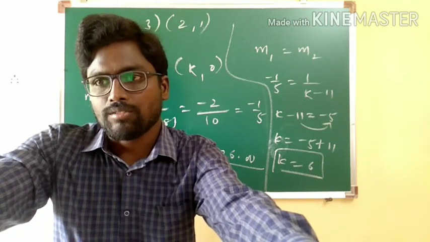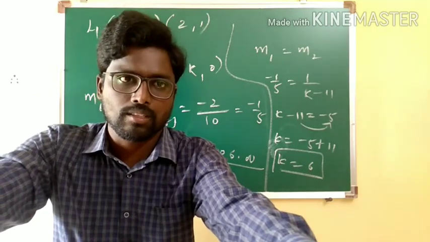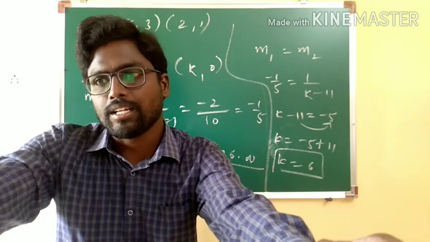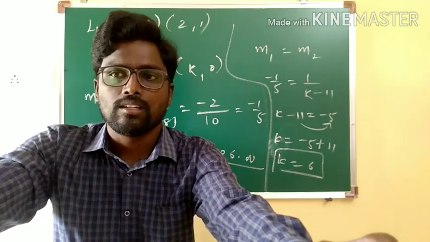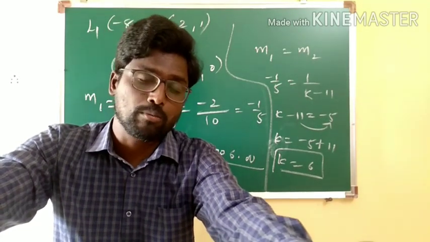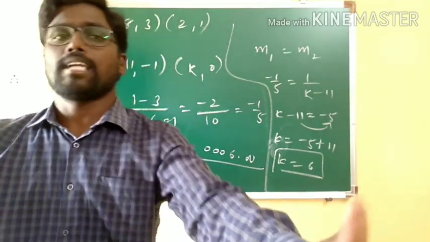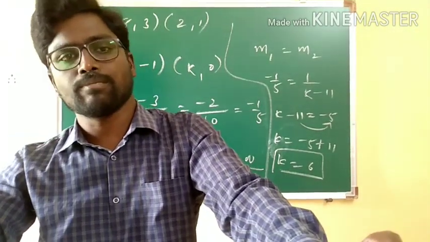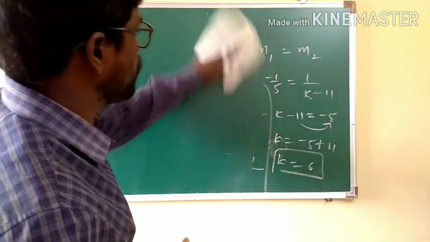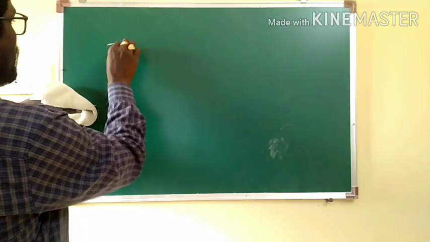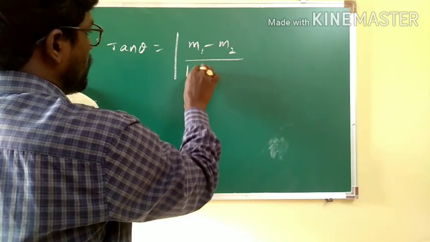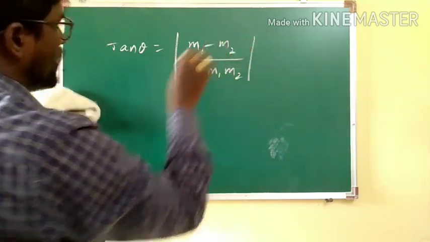Next here we have: if the angle between two lines is 45 degrees. Anyway, nobody asked these questions, but I am just guiding you. If the angle between two lines is 45 degrees and the slope of one line is 2, then the product of possible slopes of the other line. I said even this kind of problem also. What will you do? You will take tan theta is equal to mod m1 minus m2 by 1 plus m1 m2. Tan theta is equal to mod m1 minus m2 by 1 plus m1 m2.